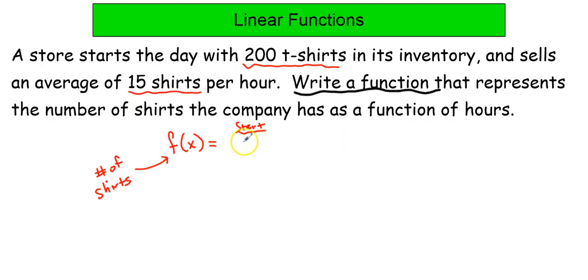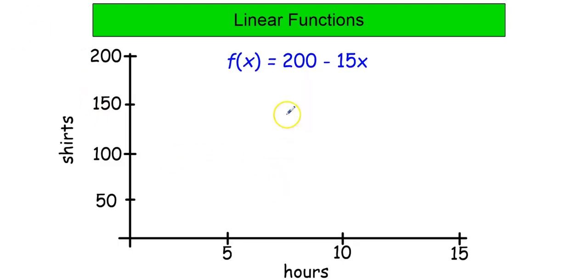So our starting point is 200 shirts, and the rate at which we increase or decrease, well, if we have 200 and we sell 15 per hour, then we're going to subtract 15 for every 1 hour, and if x equals the number of hours, that's our function. So this function is going to tell us how many shirts that we have for any given hour. We can plug in 3 hours in here and figure out how many shirts, or 15 hours and figure out how many shirts, and so on. So there's our function. So it looks like this: f of x equals 200 minus 15x, where x is the